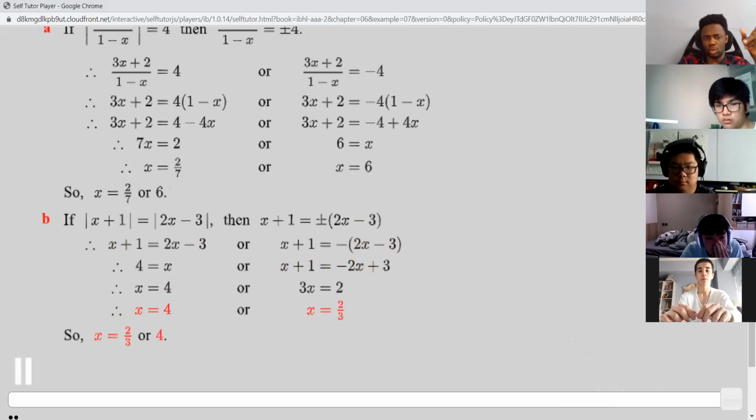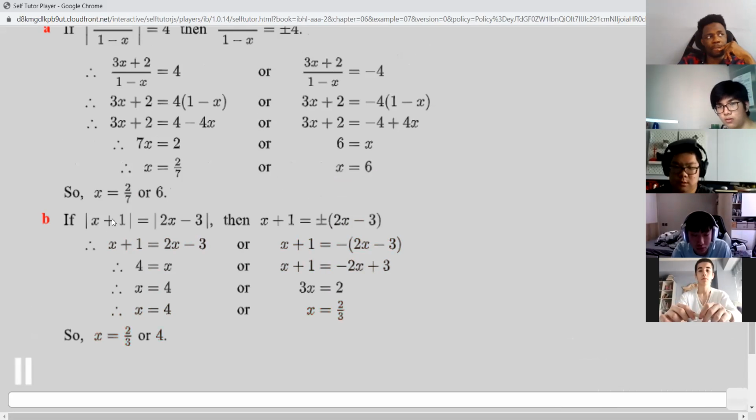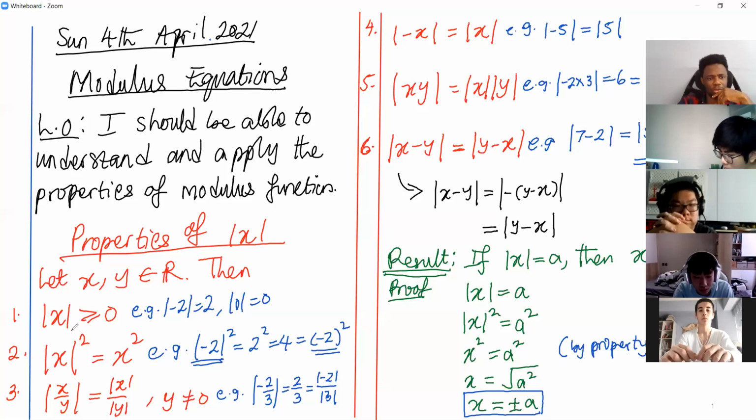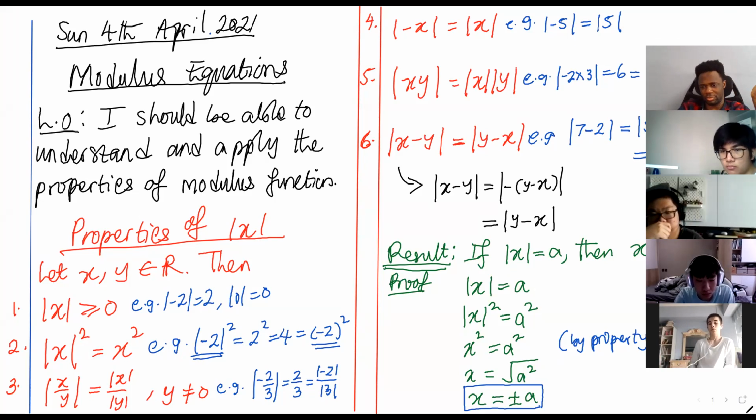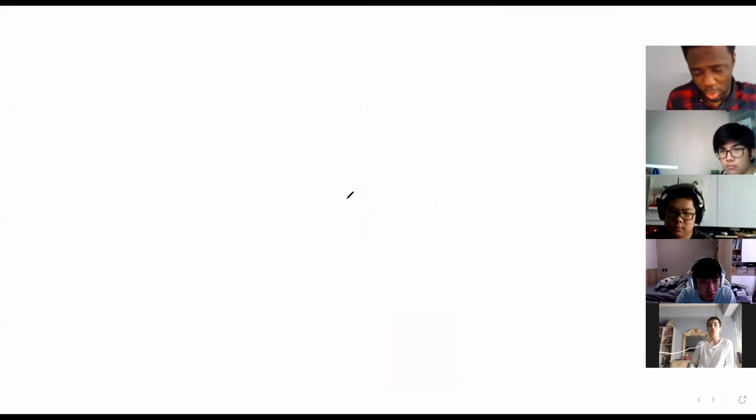Now, another way to do this, because it has absolute value on both sides, you can square both sides. The purpose of squaring both sides is to be able to apply this property. Let me show you. When you square an absolute value, it's the same as putting the square on the number itself. So solving the same question,